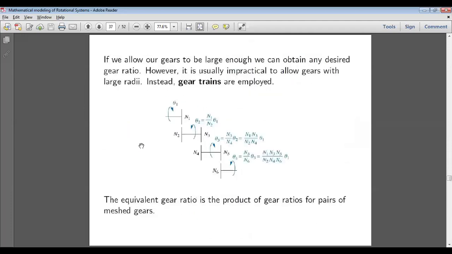Let me comment on this particular diagram. If you see here, this is first gear, second gear, third gear, and fourth gear. 1, 2, 3 gear combinations. From here to here, one combination, then a second gear combination, then a third gear combination. So if you see the torques, there will be some kind of transformation from torque here to here. Again, there is some relation between N3 and N4.